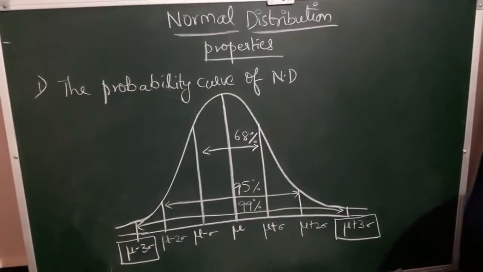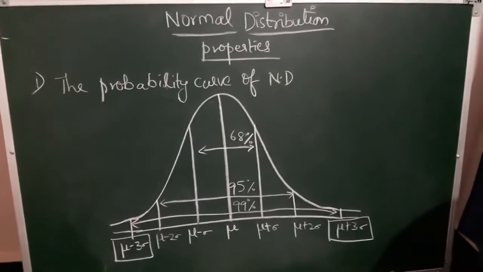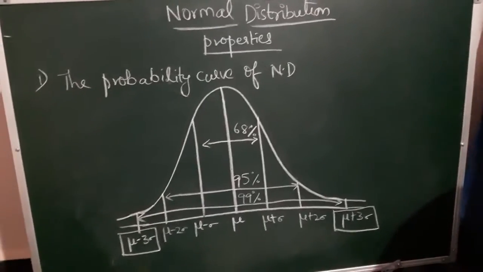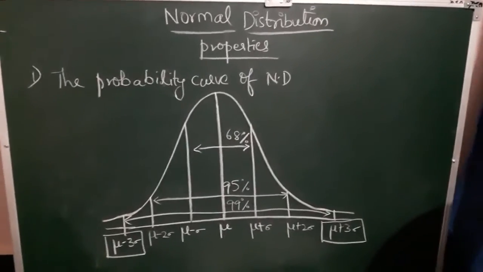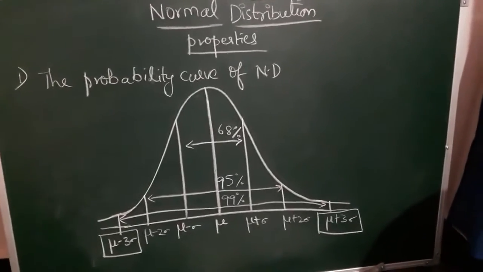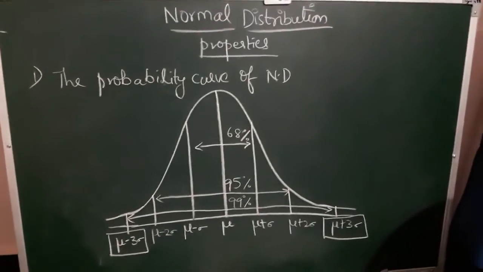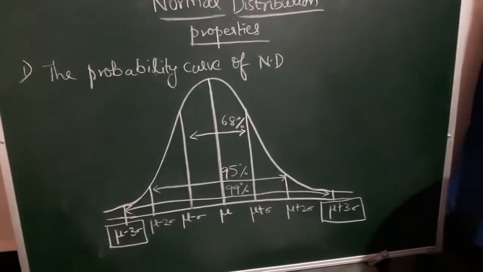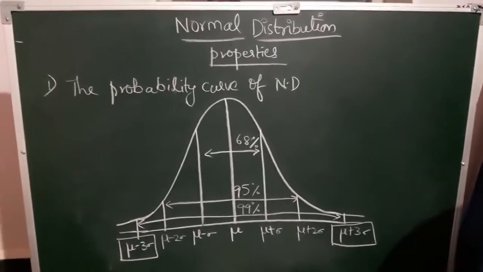Now what is the range of normal distribution? Minus infinity to plus infinity. But the area under the normal curve lies between minus 3 sigma to plus 3 sigma. So 99% is covered between minus and plus 3 sigma limits. That's why we say that normal distribution follows plus or minus 3 sigma limits. The total area under the normal curve is always equal to 1, nothing but 0.999, approximately equal to 1.